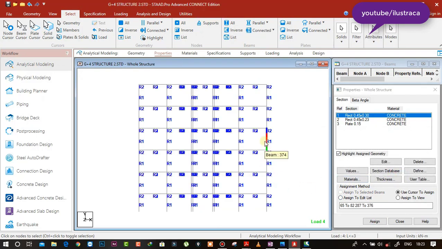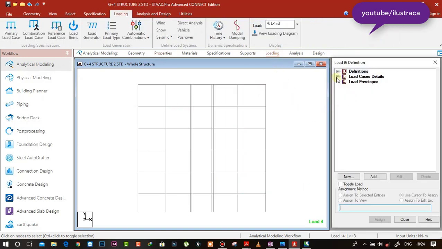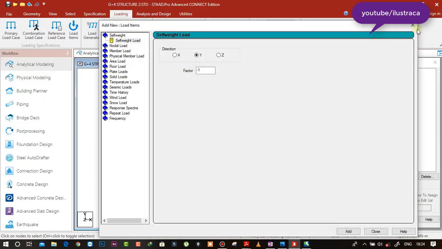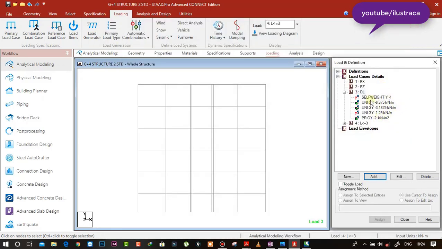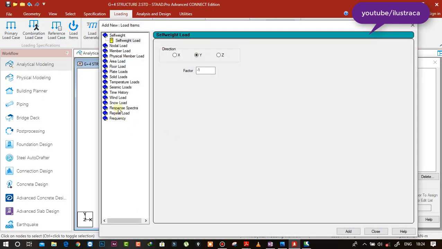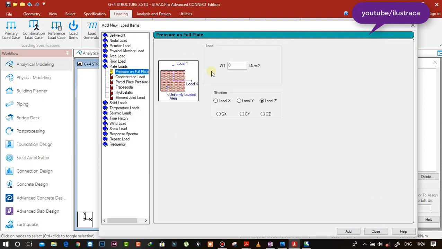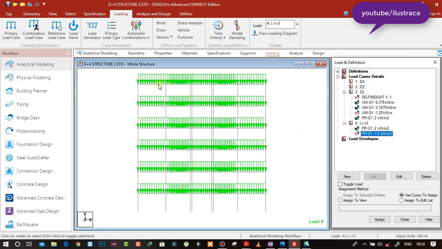Okay, so now we'll be going to loading, and the dead load. For floors we do not have any, let us consider we do not have any dead load. If you have any floor, actually a terrace, like waterproofing and all, you can consider the load here. But in terrace you can consider the live load and plate loads of minus 1.5 kN as per 875 part 2, and you can assign this here.